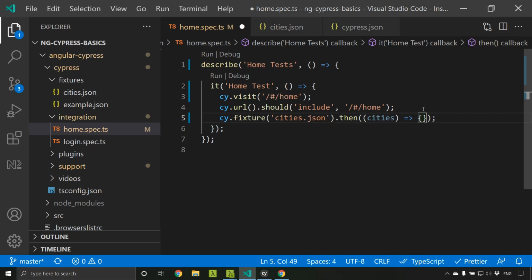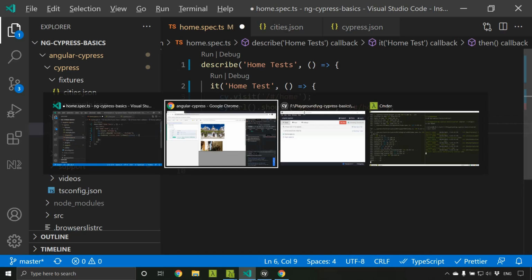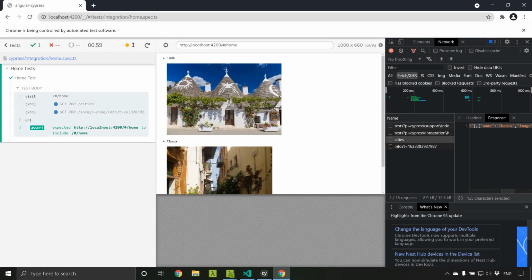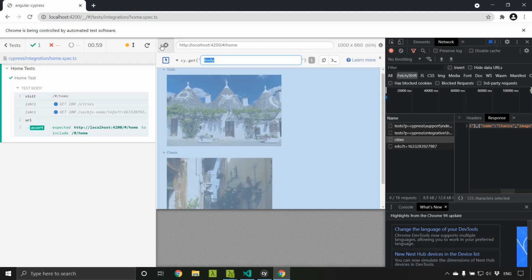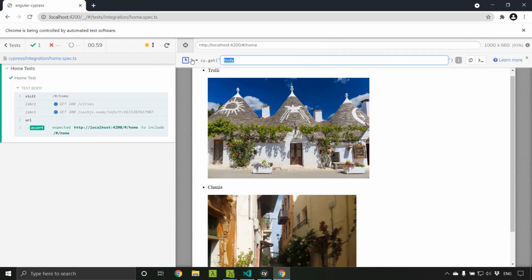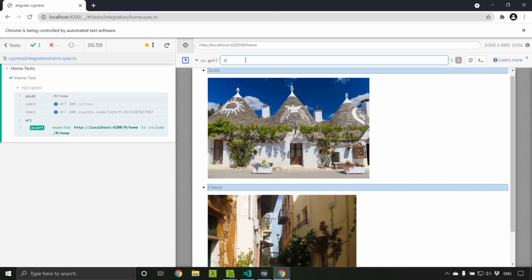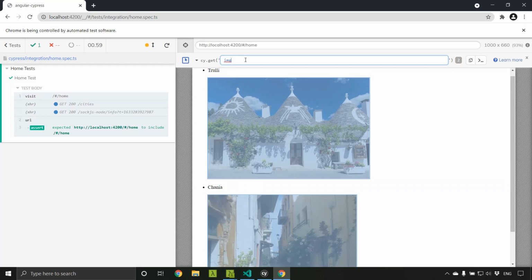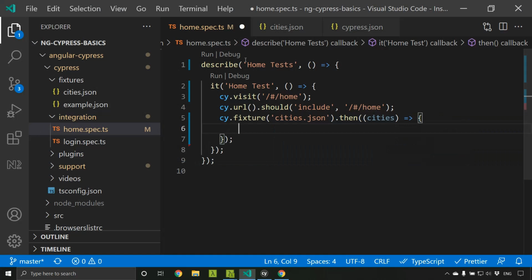Now what we are going to verify is that there are two entries in our page. So let's open the selector playground, and if I modify this, we can see that there are two p tags, the trolley and the chania, and similarly there are two images. Let's verify that it matches with the length of our JSON.